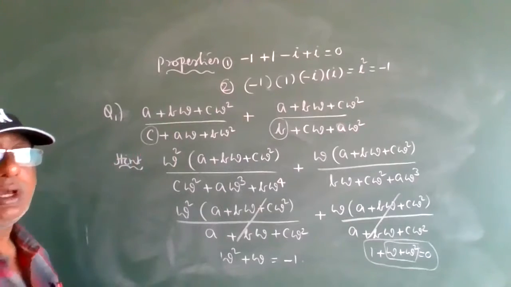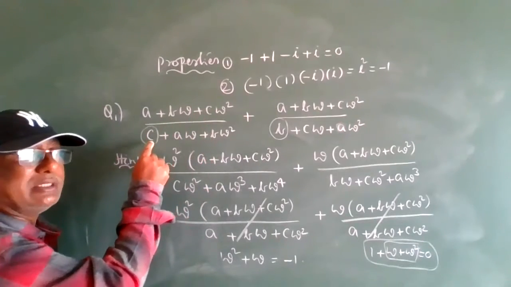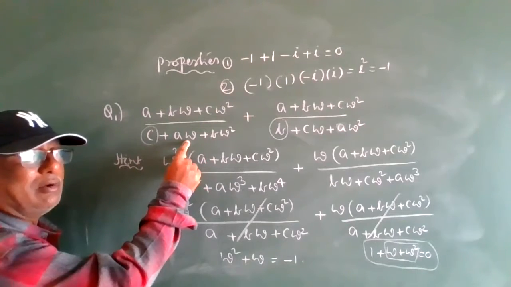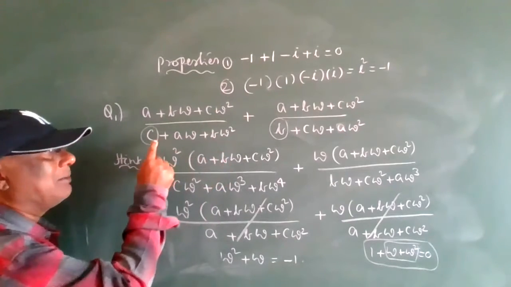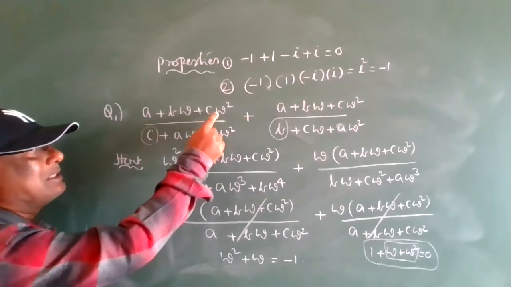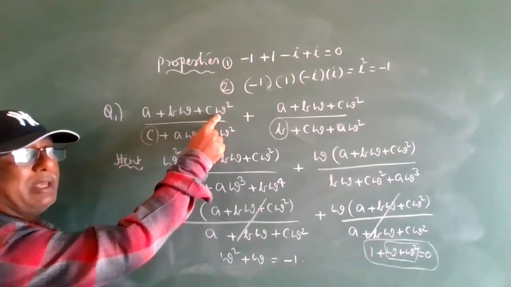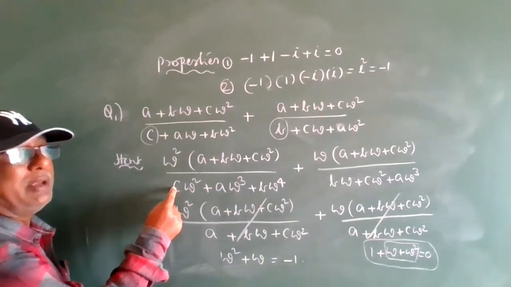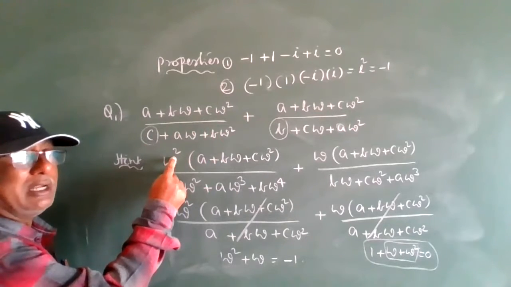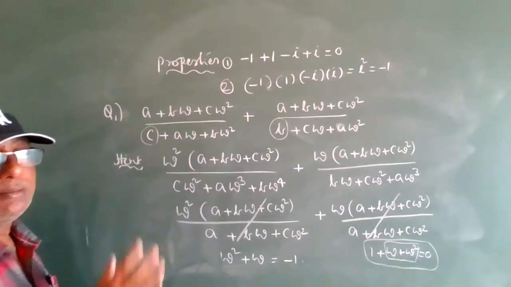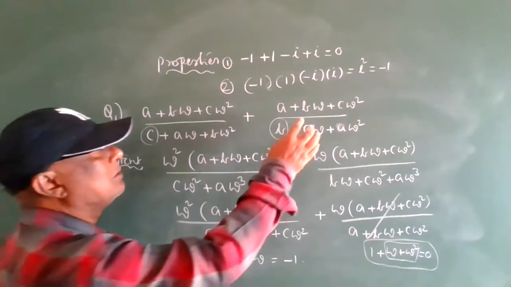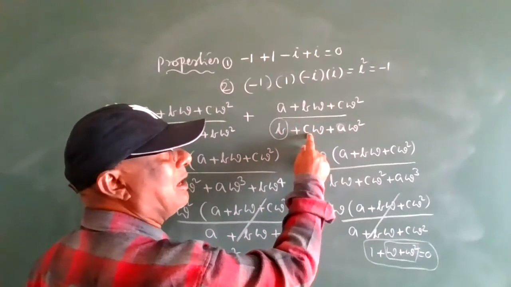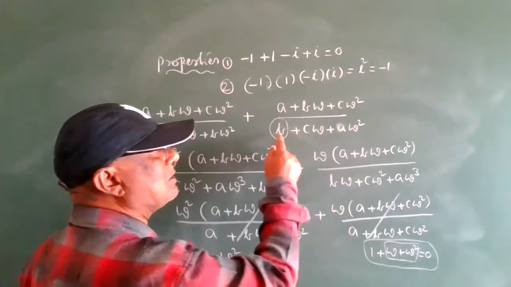So here what we are going to observe is the constant in the denominator. It is not a constant, it is the omega term, it is the omega square term, it is the constant. So this constant numerator has omega square. That's why numerator and denominator multiply with the omega square. Numerator no multiplication, but denominator direct multiplication. Here, denominator B, C have the omega and A has the omega square.